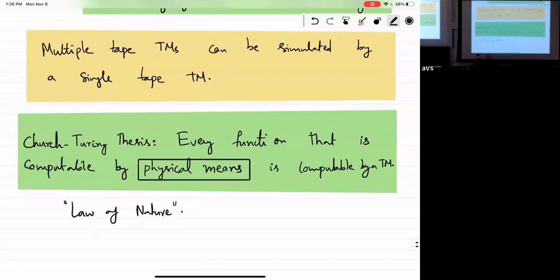Okay, and remarkably, there is really no challenge here. You might think, okay, how about quantum computers, right? But even quantum computers are simulatable by a Turing machine. There is a Turing machine which can simulate them exactly, right? There will be some difference in the number of steps performed, potentially.